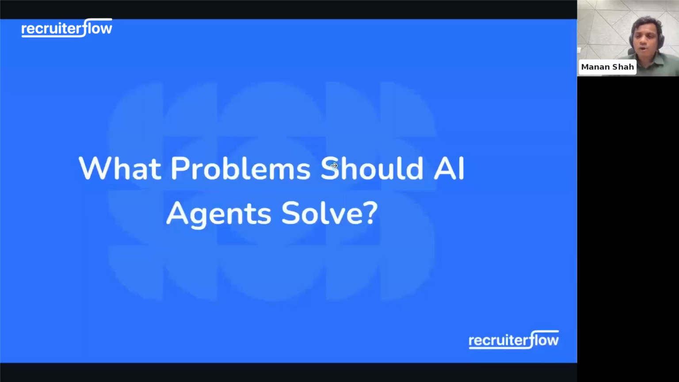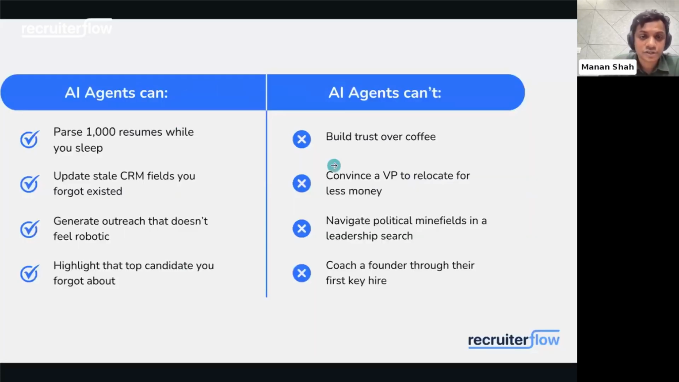So let's talk about what are some of the problems that AI agents should solve and should not solve. For example, you can ask AI agents to analyze 1,000 resumes while you sleep, but they cannot have a conversation. They cannot build trust with people. They cannot help people navigate a complicated career move because it might be better for them in the long run. They cannot coach your hiring manager, or coach your founder through their next key hire. These are all very human elements of what we do every day, and AI can assist and augment, but it's very, very far from doing all of these very high-value tasks